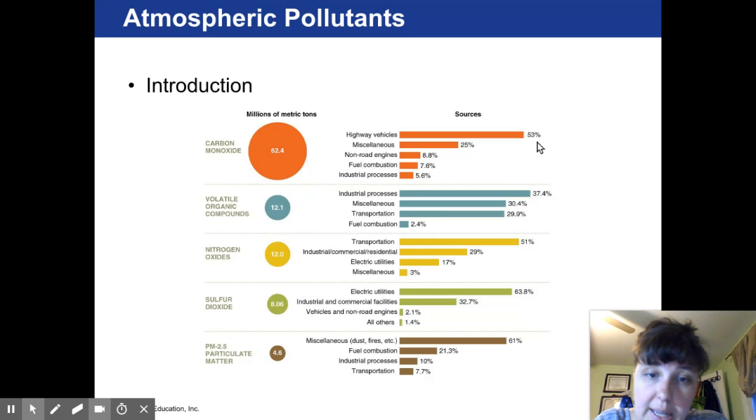Sulfur dioxide is mostly from electrical processes. So it's the electrical plants producing electricity that put out a lot of sulfur dioxide. And anybody who's lived near an electrical plant, someplace that produces electricity, specifically ones that are oil or natural gas based, will know that smell from that plant. And it's the sulfur dioxide, right? Sulfur has that stinky egg smell.